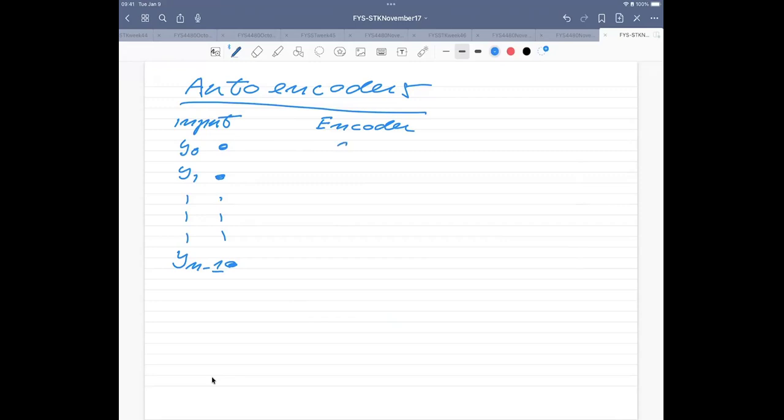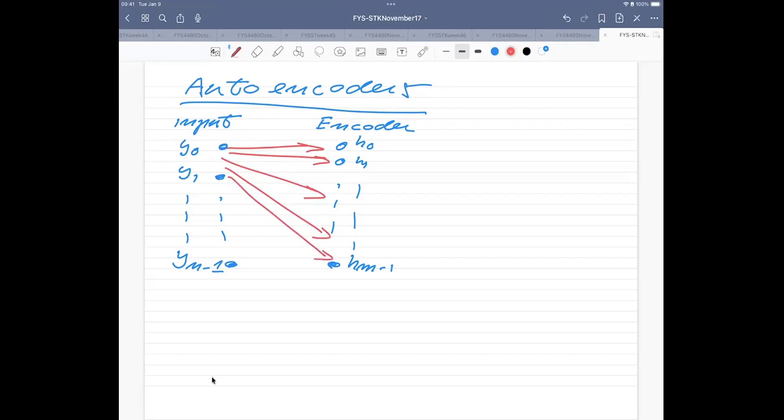So it means that there are some hidden layers, and let's just call this H0, H1, and this goes all the way up to H of M minus 1. So you don't need to have the same number of nodes. Now, these are obviously connected. So this feeds into that one, etc., into all the other ones.